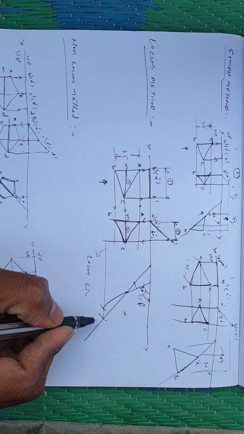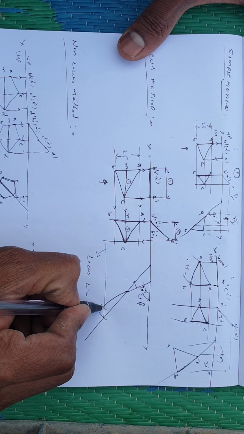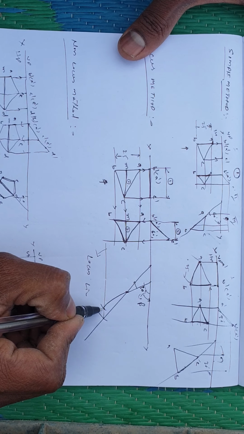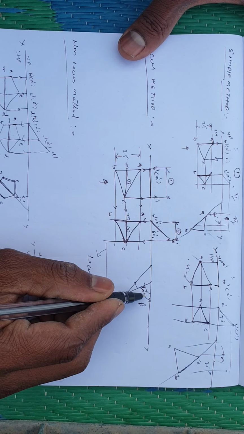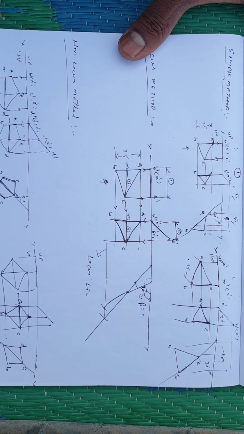First arc should be cut on the VP line, second arc should be cut on the locus line, and wherever the second arc is intersecting on the locus line, join that intersecting point and the marked point. Align the scale and get the line up to the XY line. By using a protractor, measure it, and whatever angle you are getting, that is the beta angle.